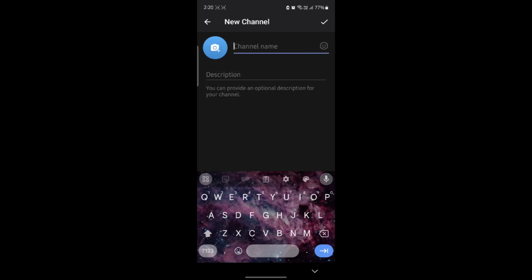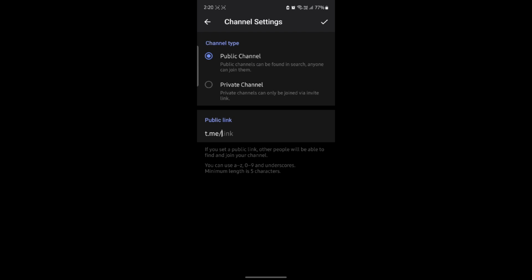Now go ahead and write down your business name. So let's go ahead and write down the business name. Go ahead and write down the description of your shop. So write about your shop. So let's write my shop products. So you can go ahead and write this, click on the tick mark, and you can see that turn this